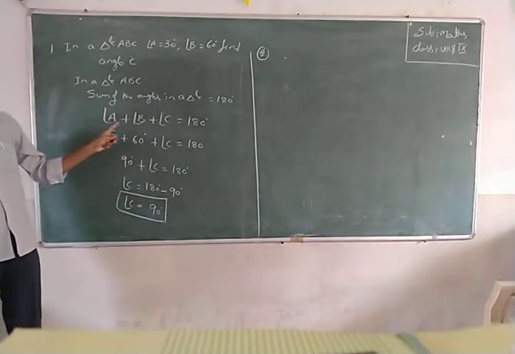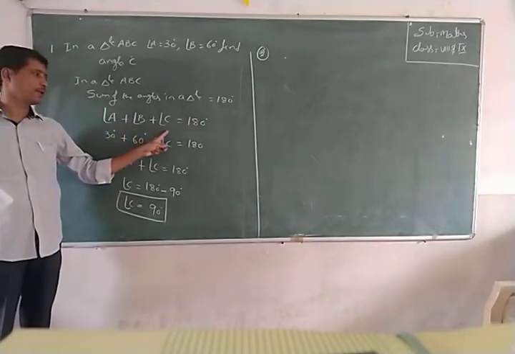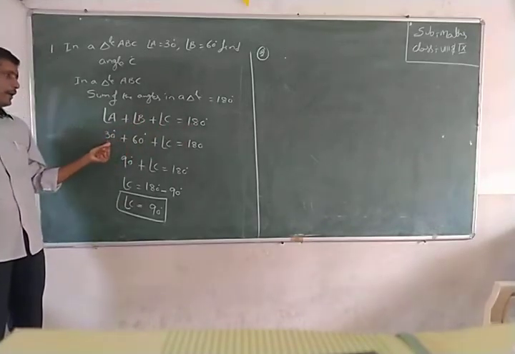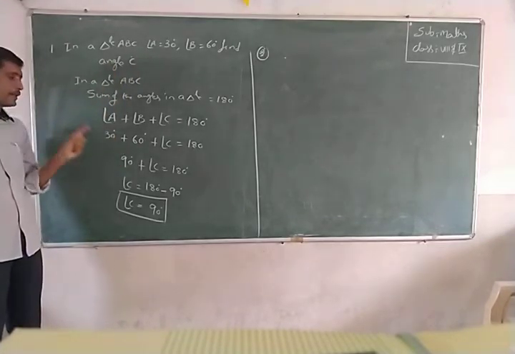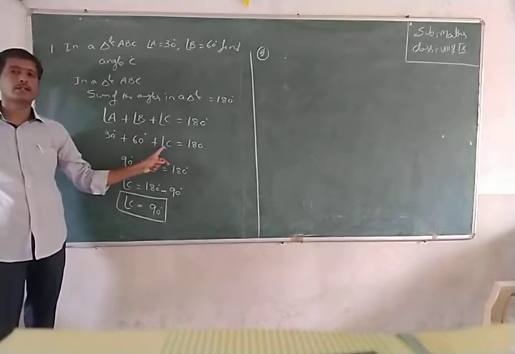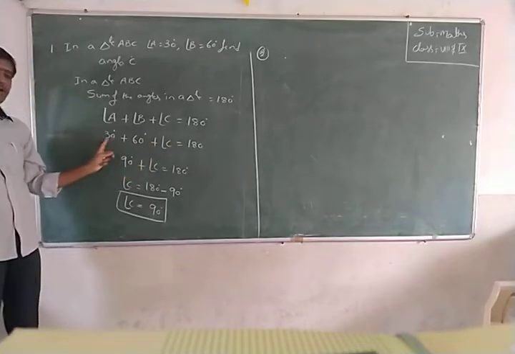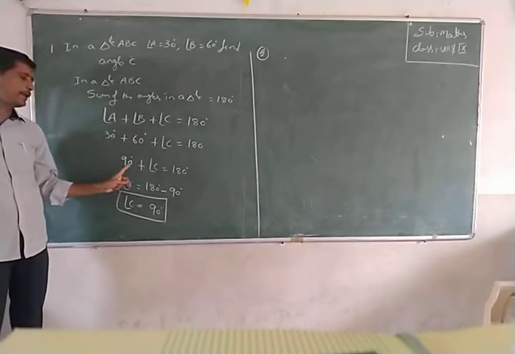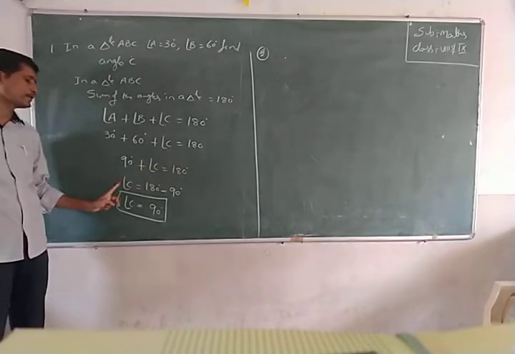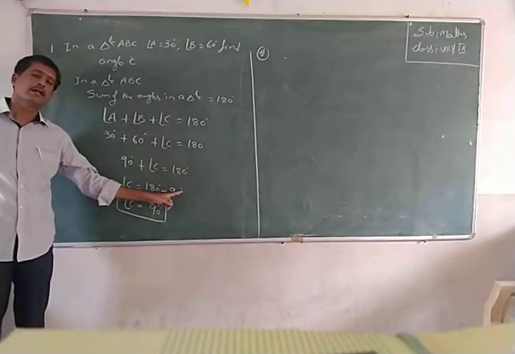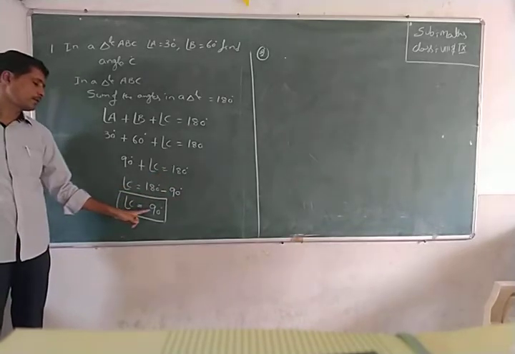Angle A plus angle B plus angle C equals 180 degrees. Angle A is 30 and angle B is 60, so 30 plus 60 plus angle C equals 180. 30 plus 60 is 90, so 90 plus angle C equals 180. This 90 changes to the other side, so angle C equals 180 minus 90, angle C equals 90